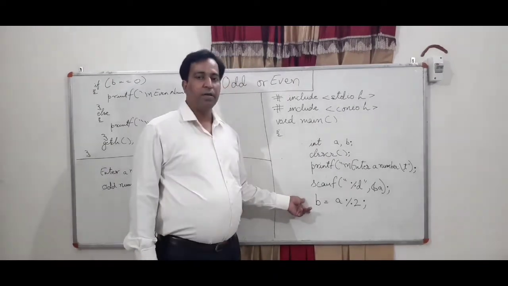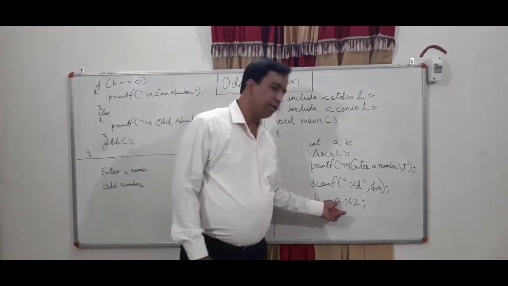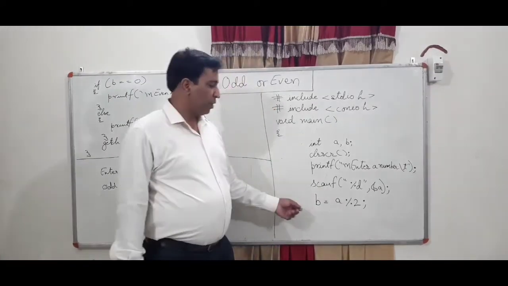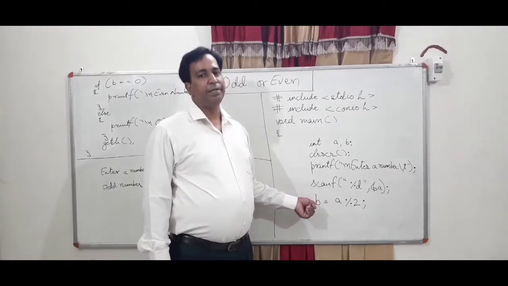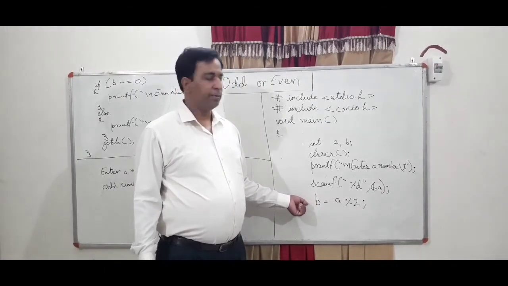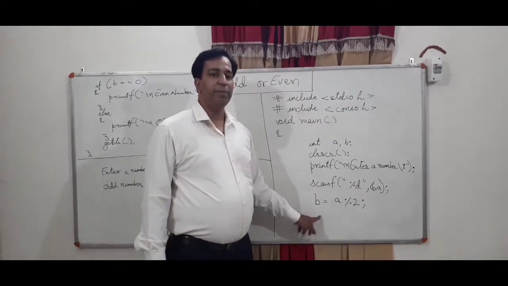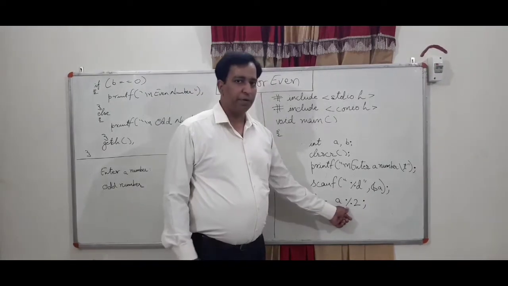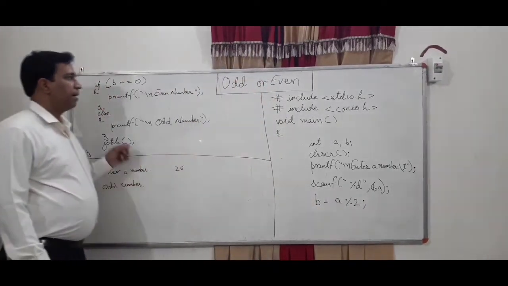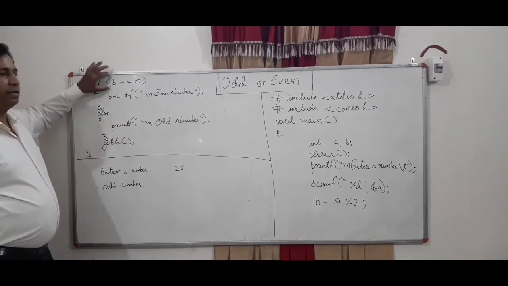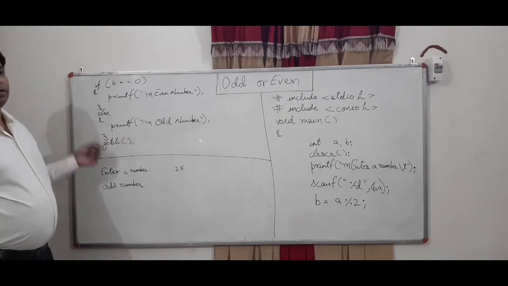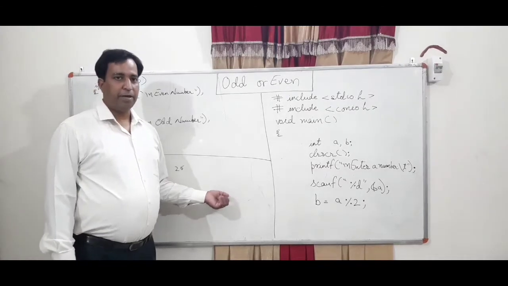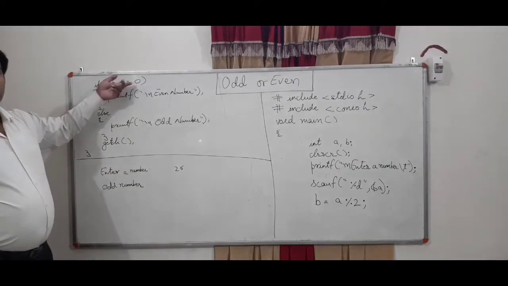Now here in this line, what we are doing is checking the remainder of the given number by 2, right? So if your number is divisible by 2 completely, then it is an even number, otherwise it is an odd number, right? Now B is holding the remainder of the given number when it is divided by 2 because of this operator, right? Now I'm checking here whether B is holding 0 or any other number. Like if you divide any number by 2, the remainder will be 0 or 1, right? So here I am checking whether it is 0 or 1.